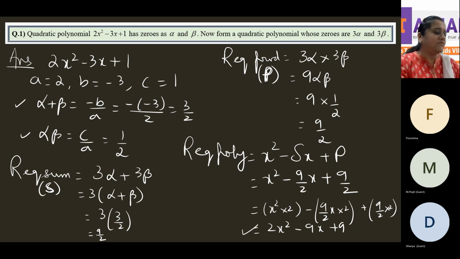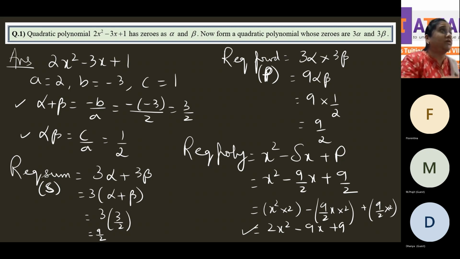You're actually finding alpha and beta, and then you put it there. That is, you found 3 alphas. What is this? No. This means what you should do: you found alpha and beta, right? I assume that this is right. So now, if this is alpha and this is beta,